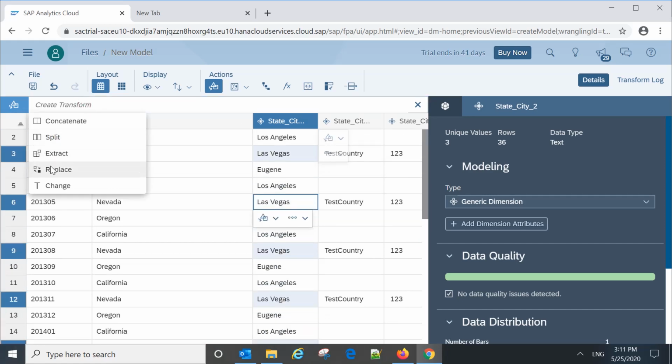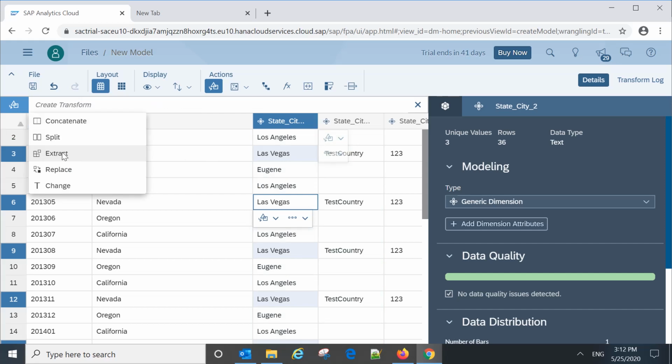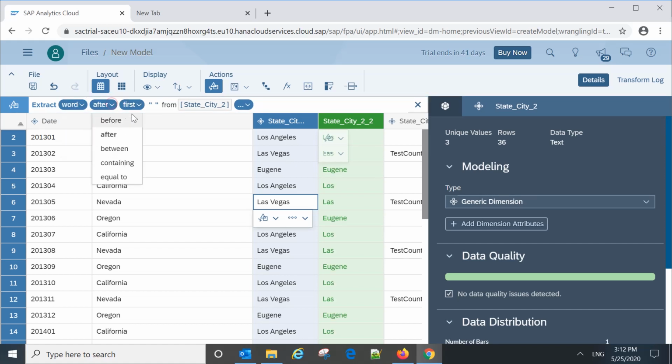Let's see the other option, which is extract. If you have some columns from which you just want to extract some value, the other feature is extract. Suppose we want to extract after a space from the state column, after the first occurrence, where we can say extract number or extract word. We can give other operators here: after, before, between, containing, equal to, first occurrence, first or last occurrence of space.